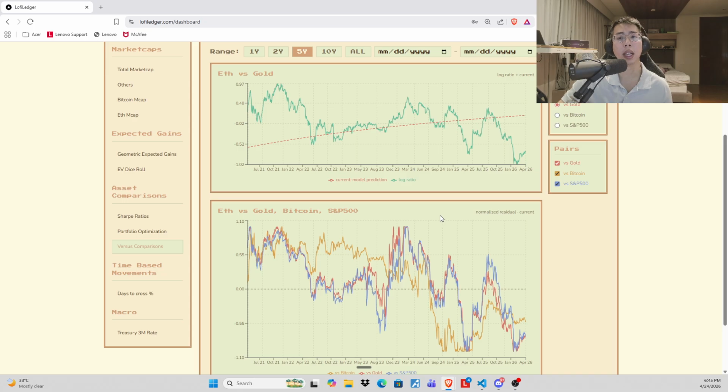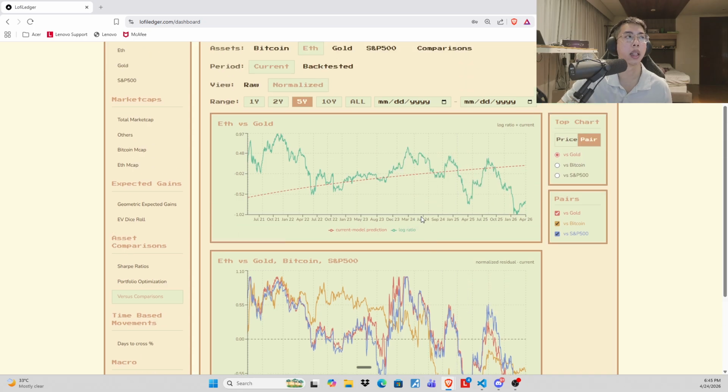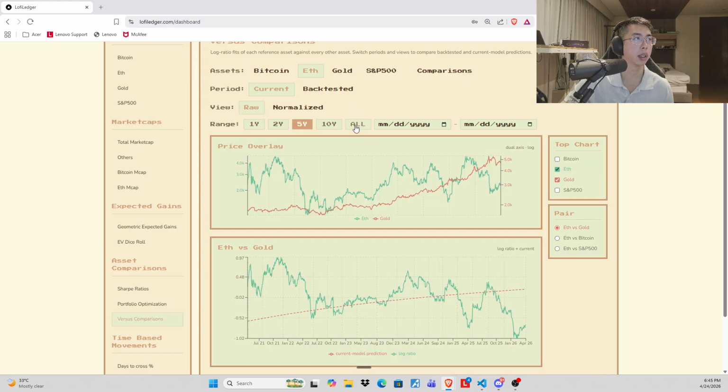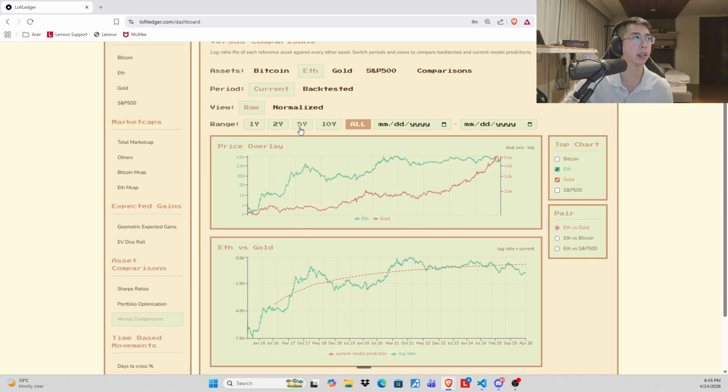The main theory with these graphs is that assets are oscillators against other assets after a certain period of time. If you look at how these graphs work, for example, this is ETH versus gold. You can see there are periods wherein it's going to gain against a certain asset, and then it slowly becomes less and less. Eventually it'll reach an asymptote wherein there is a fixed fair value against one asset,